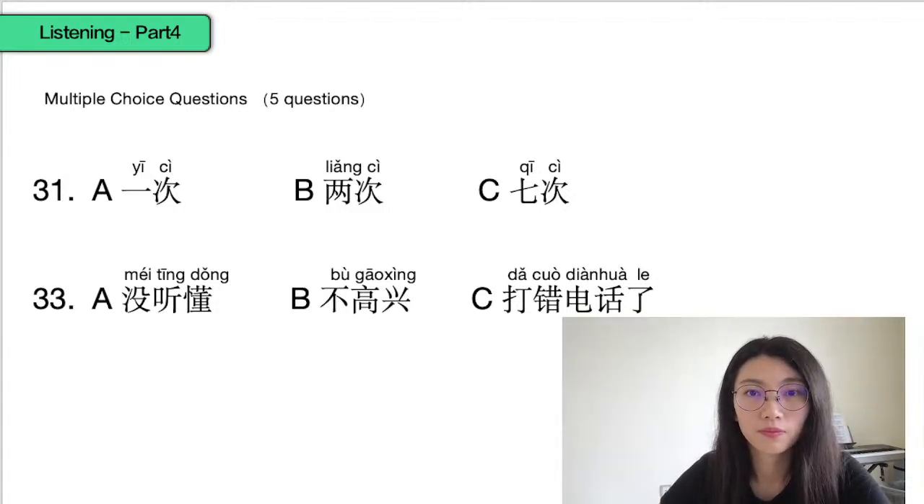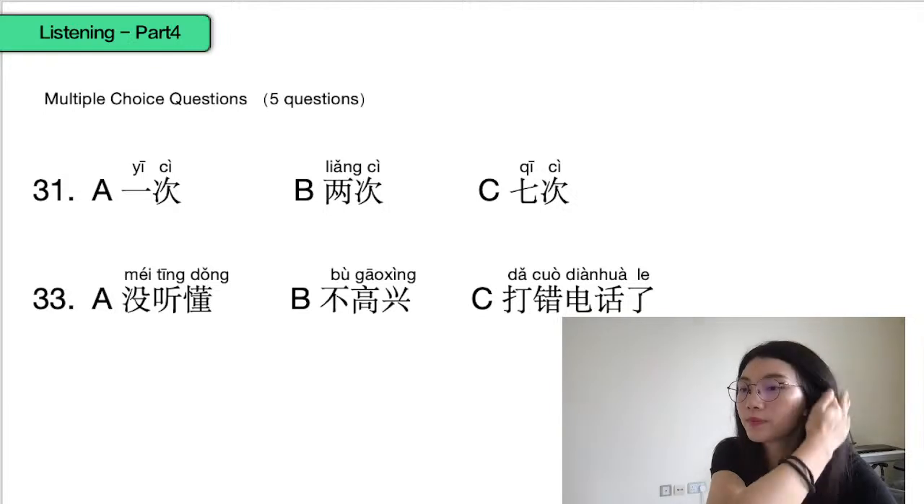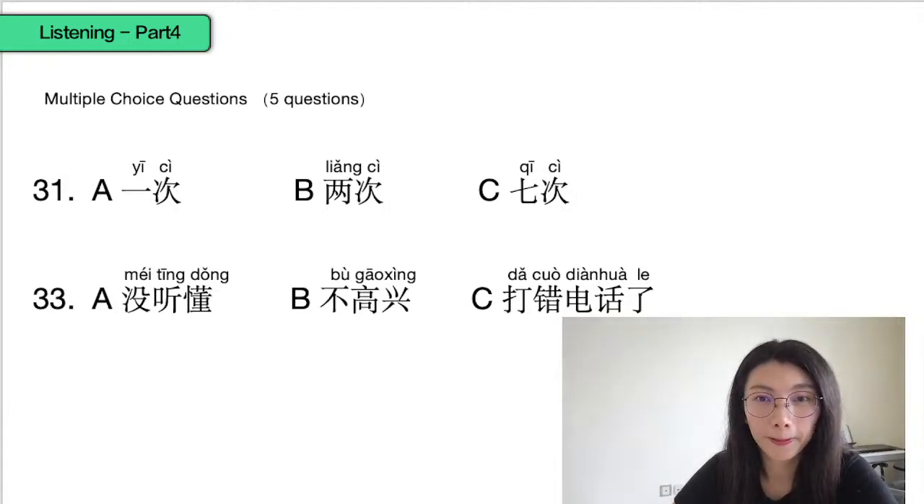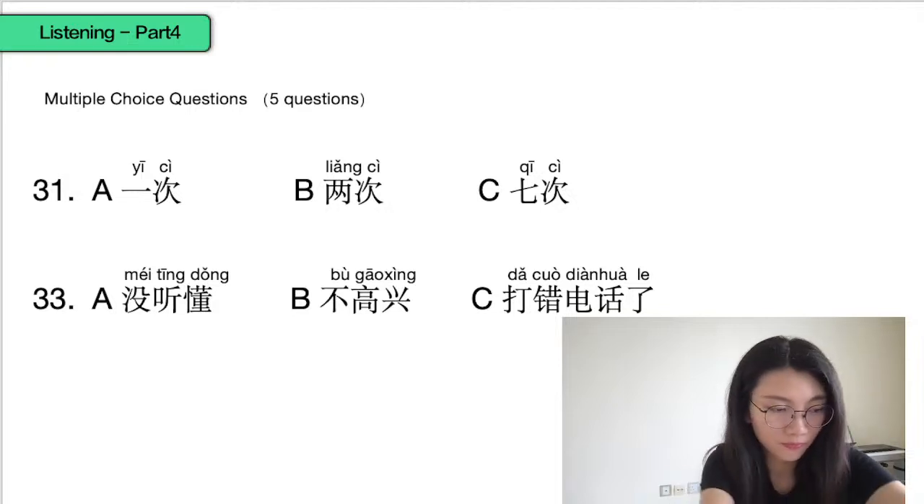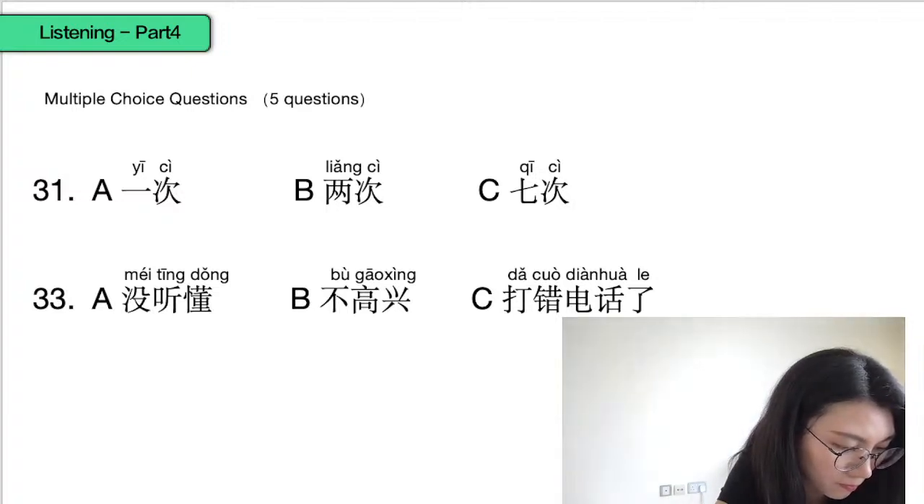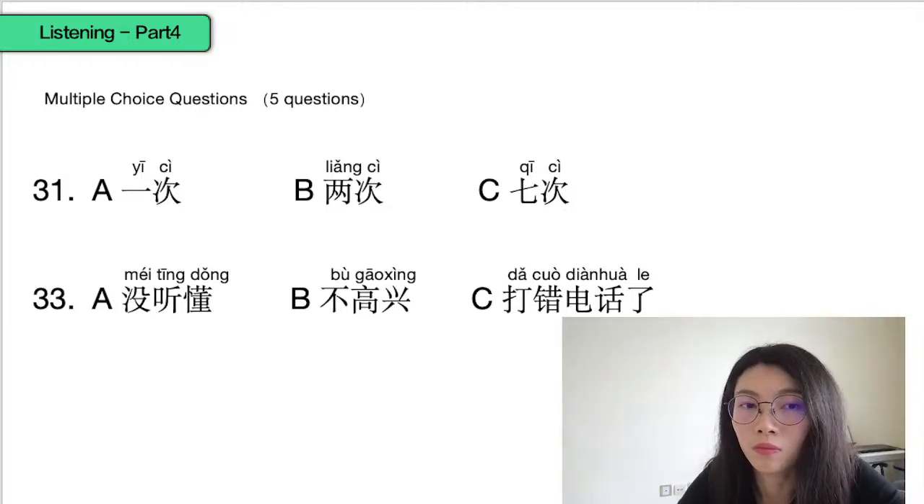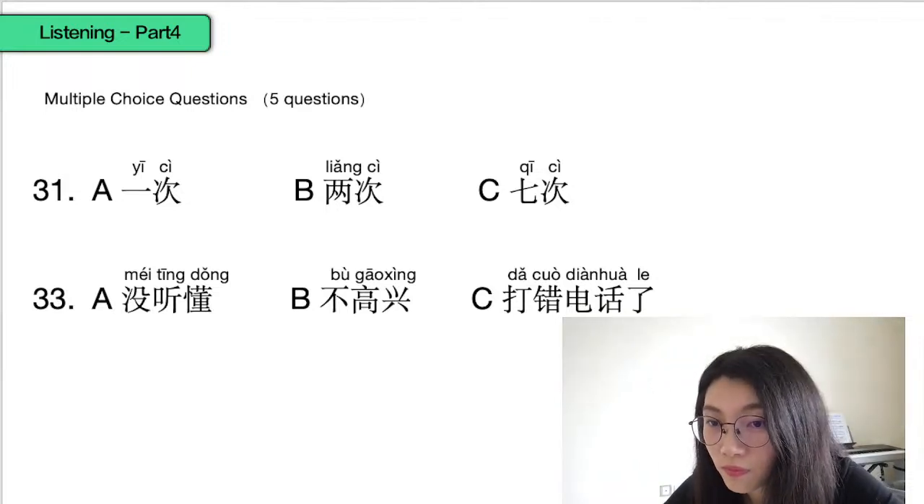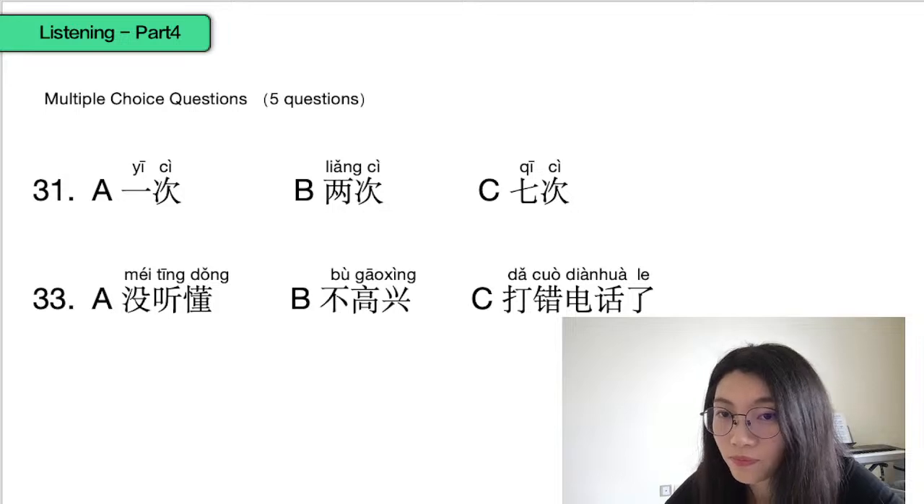现在开始第31题。31，医院旁边那家水果店怎么样？水果很便宜，我去过一次。是吗？我想去那儿买些水果。你去的时候叫我，我也想去。那家水果店，女的去过几次？